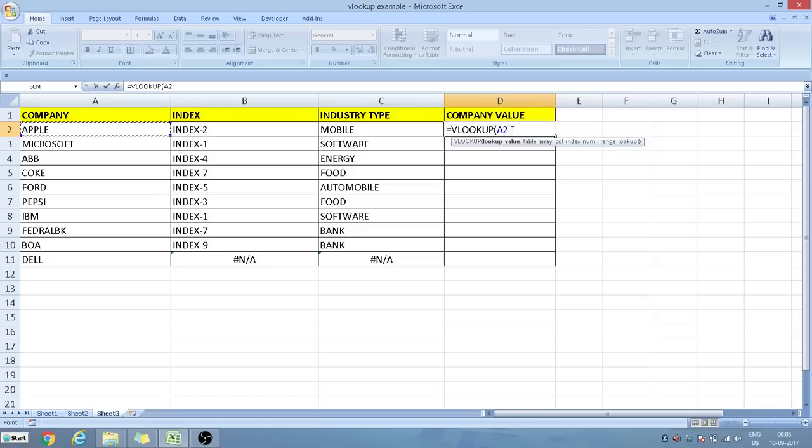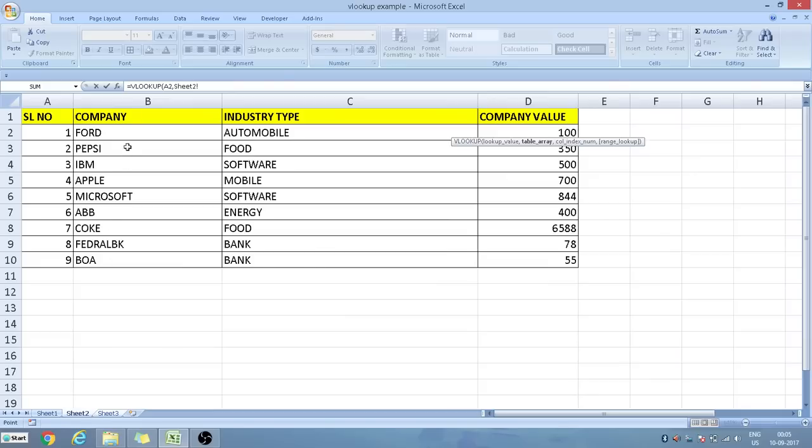Now very important, give the comma. Now go to sheet number 2 and select this complete table with company, industry and the company value. You select this table. Okay. So now you have to give the dollar sign after the B2 to fix the reference temporary table, and after D2 also you have to give the dollar sign.